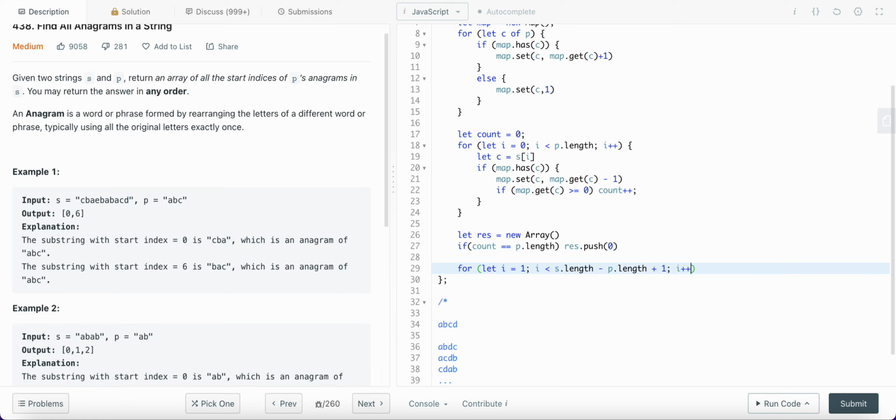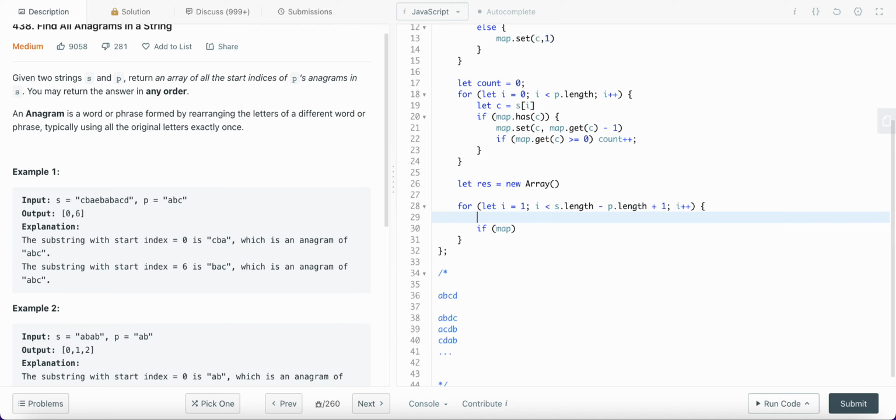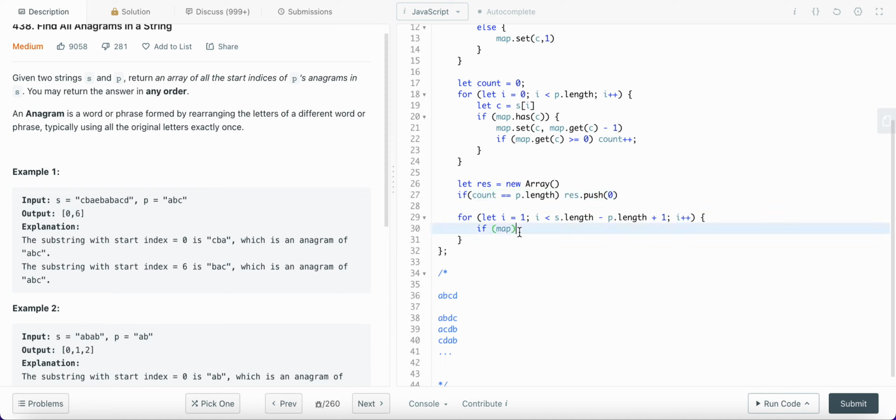And then increment my i every single time. And now here I'm going to check if map, okay, I'll just put this thing here, so let it be there itself. So what I'm going to do here is the similar thing. Map dot has, I'm going to check, does the map have c equals s[i], does the map have the character c? If it does, then I'm going to set